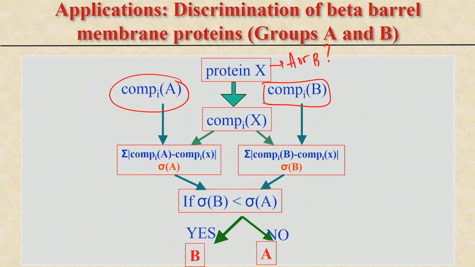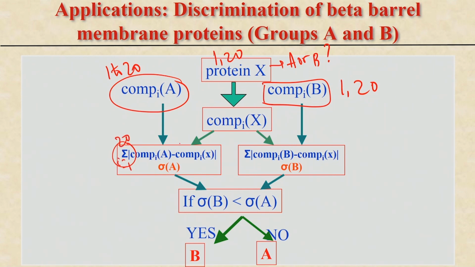Then what to do? First get the composition of this particular protein. So, we get 20 numbers here: 1 to 20 for the 20 residues in composition A, 1 to 20 in composition B, and protein X also has 1 to 20. Now we compare each composition, for example A, D, C for the 20 residues. Get the difference, composition of A minus composition of X, take the absolute value, and repeat for the 20 residues. Then get the summation, i equal to 1 to 20,